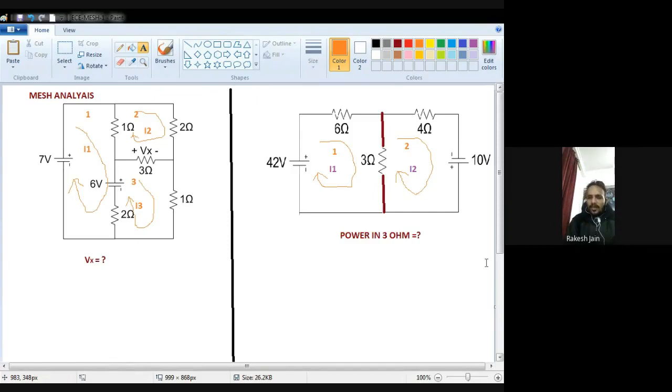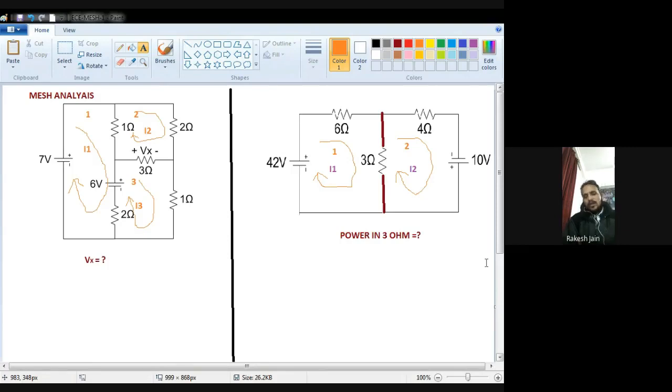Voltages: if the current is I, and a resistance value is given, just multiply them and write it down. Keep in mind that your mesh current is always positive, whatever the direction is. If another mesh current also passes through a resistance, see the direction of that current. If it is in the same direction as your current, write it with positive, otherwise with negative. The third rule is, on your journey of writing the equation, if a battery comes,